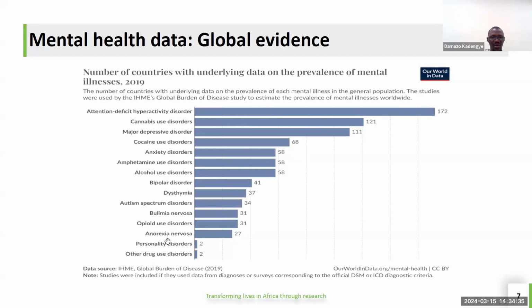But then, according to this data set, there are a number of countries that did not have data on the different types of mental health disorders. Alcohol use disorder, about 58. Anxiety disorder, about 58. I mean, 58 countries, not percent. 58 countries. Yet when you look at the mental health research, you can observe some pockets of